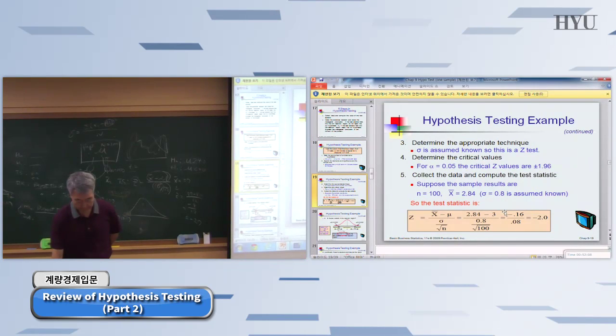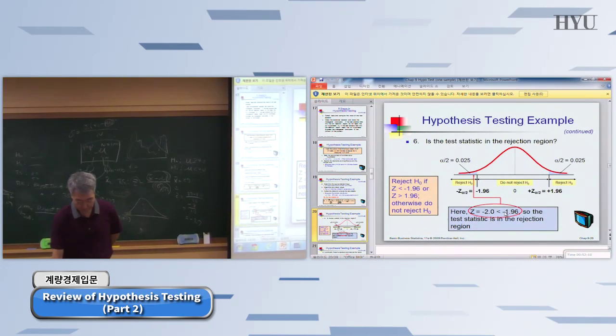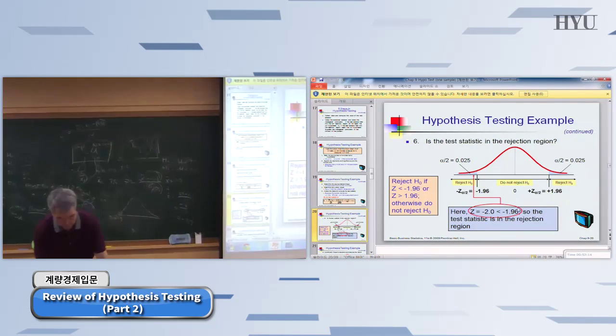You'll have 0.025 set up here as the rejection region, and another 0.025 here as the rejection region. And you have to calculate the test statistic,